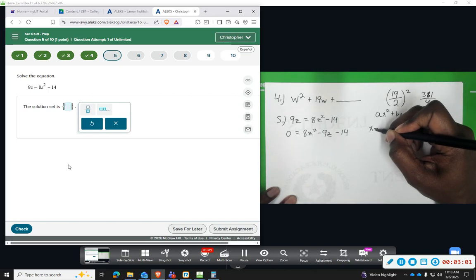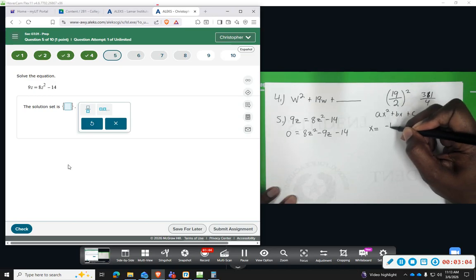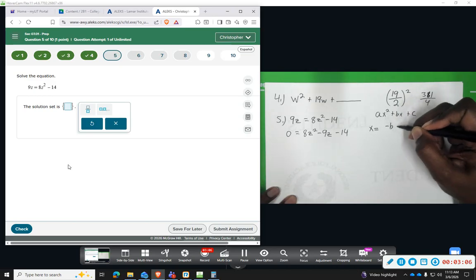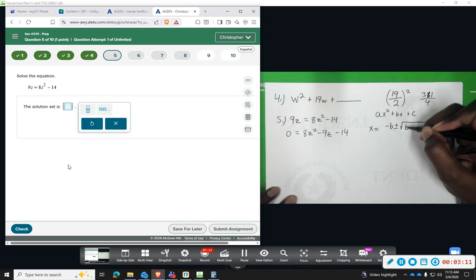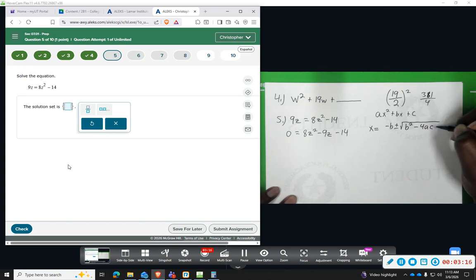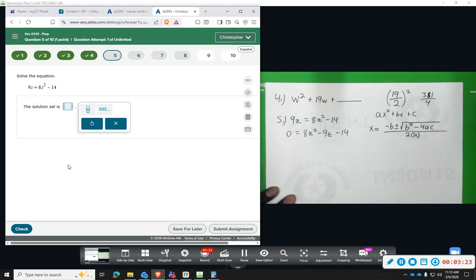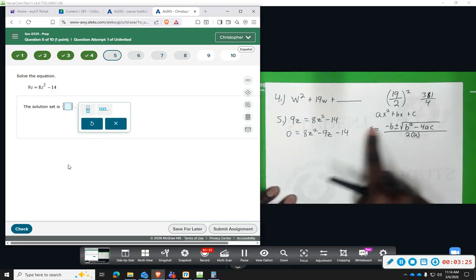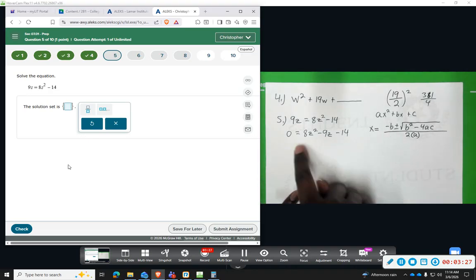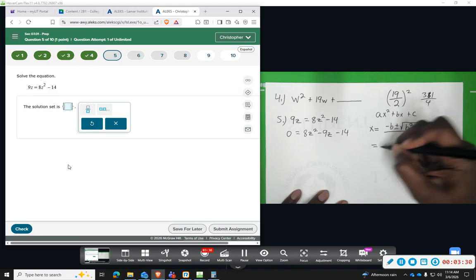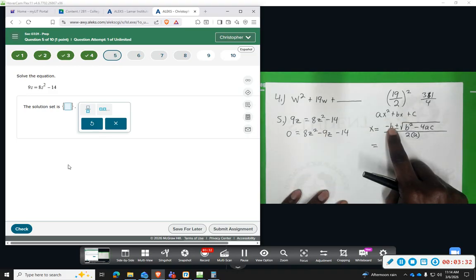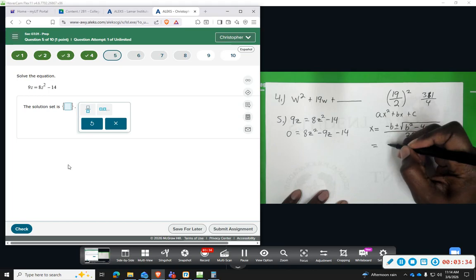formula is x equals negative b plus or minus the square root of b squared minus 4 times a times c, all of this divided by 2 times a. So we're going to be plugging in these values and then simplifying, and we'll get 2 solutions. So plug in a negative 9 to an already negative, that's a negative times a negative, this will be a positive 9